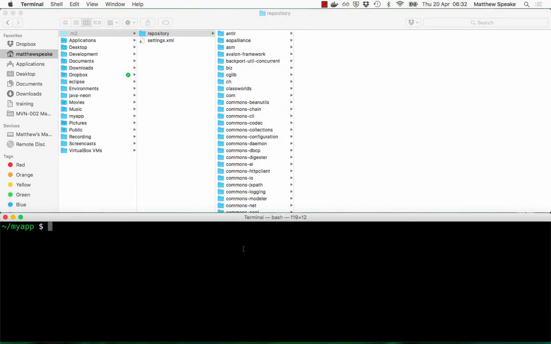Okay, so here we are with a terminal session at the root of the project on the bottom part of the screen, and on the top part of the screen we are looking at the repository folder, which is the local Maven repo cache. This is in ~/.m2/repository. So if we just double check in here manually,